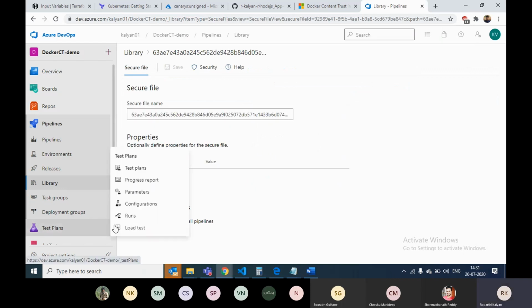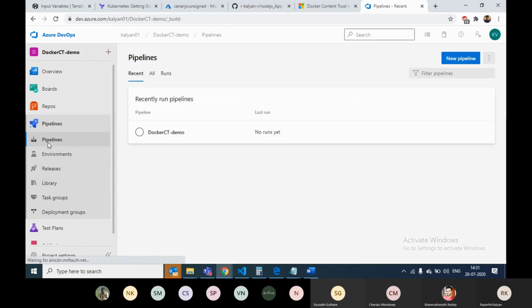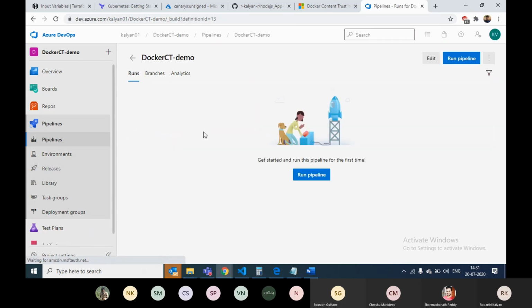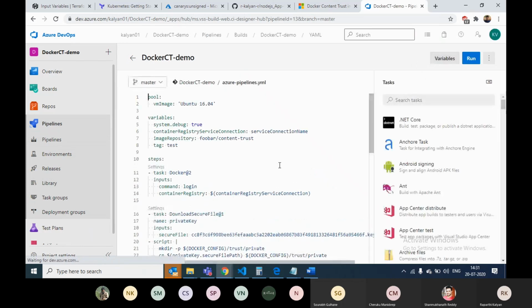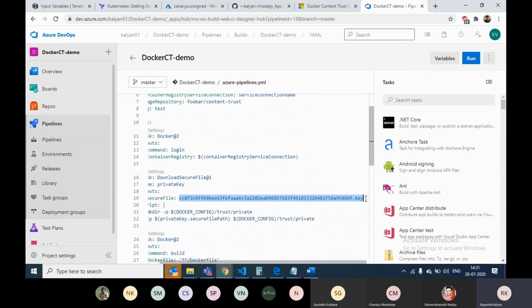I will authorize this, which enables you to use it in all the pipelines. And also change the name of the file.